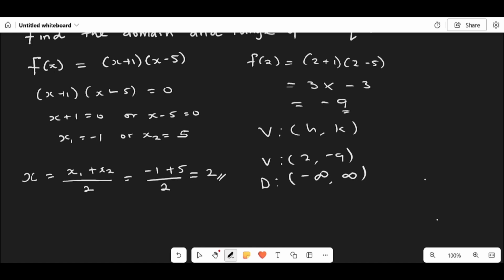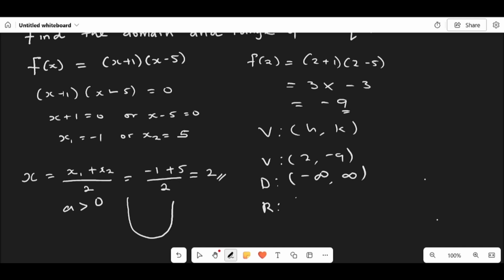So the next thing that we have to do is to calculate our range. But I want you to understand that if we multiply this factors form, the coefficient of our x² is going to be positive. That means that our a is greater than 0 and the graph is going to open upward like this. If the graph is open upward like this, it means that our range must be in this format: